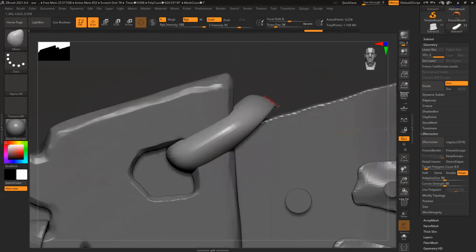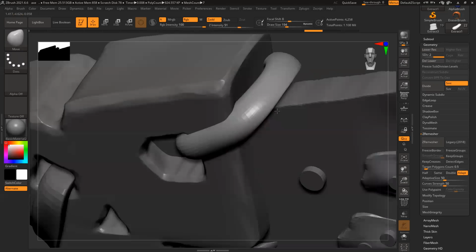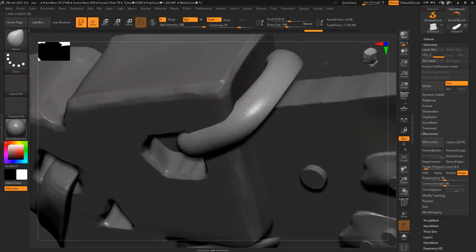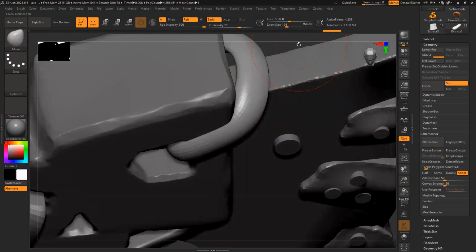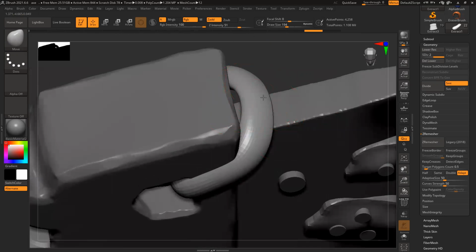Now I'm just polishing the shape and size and everything. So this gap cannot be there.